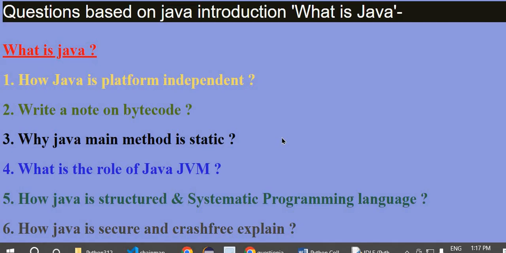Another thing is that it is public, so it will be directly accessible with the class. And one more thing, it will be in the public class only, so the class name and your program name should be the same. When your program is over, only then will this method be over. As long as your program is there, this static method will be available, and it will be invoked by JVM, and only then will your program run. So Java main has to be static.